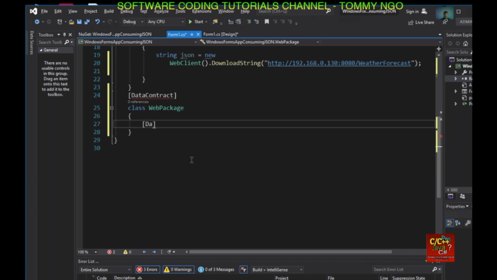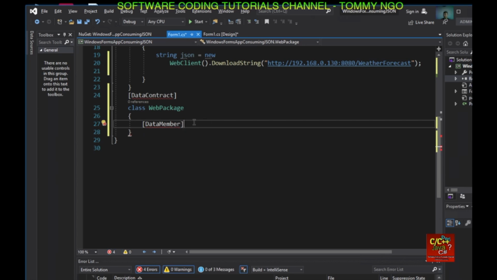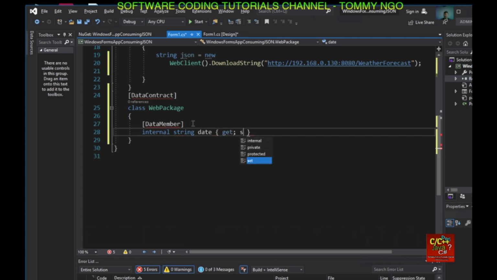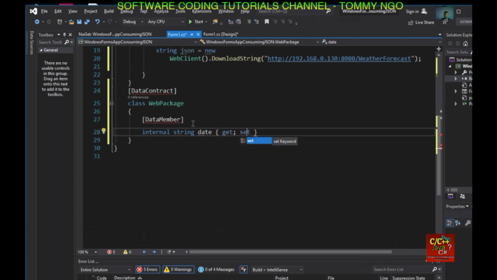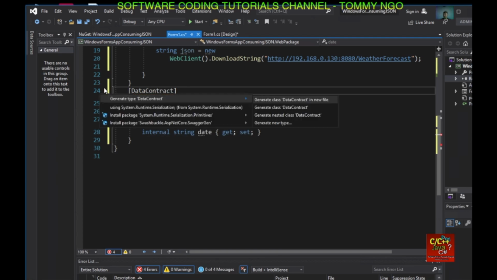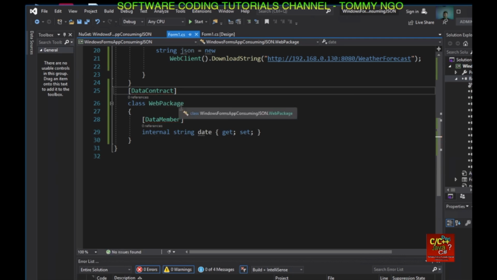So DataMember, internal string date, and get set. And just do a quick fix here, using serialization,